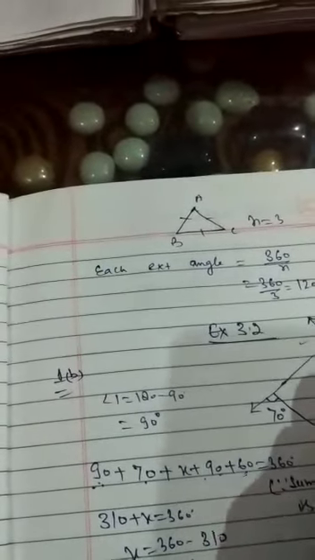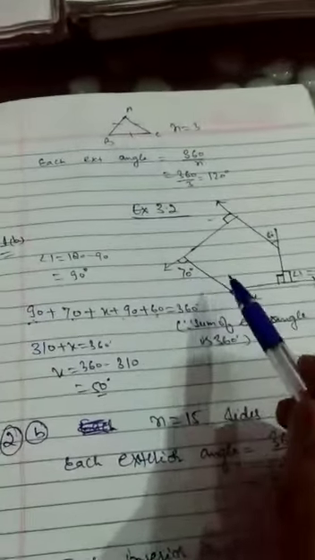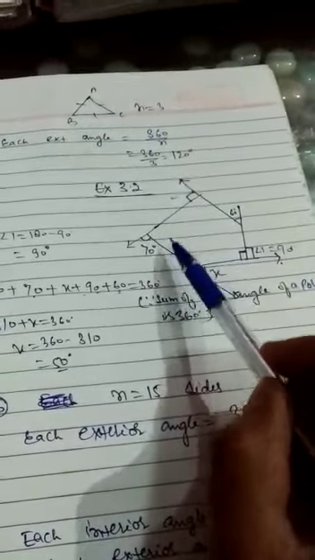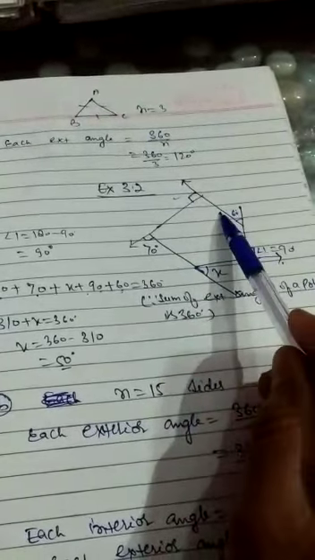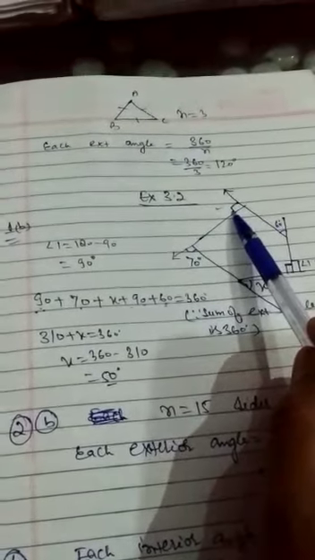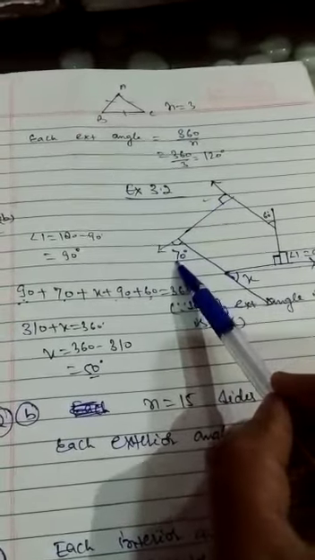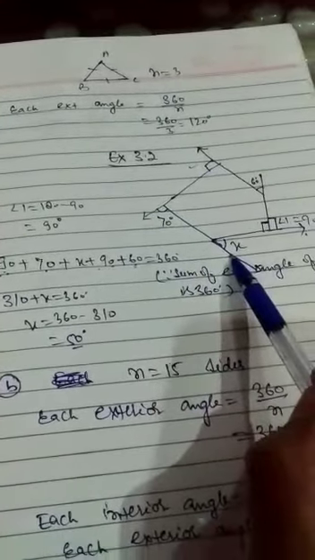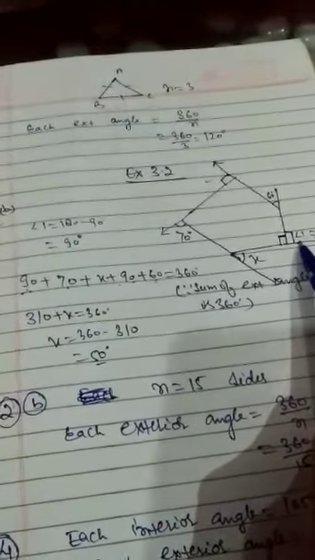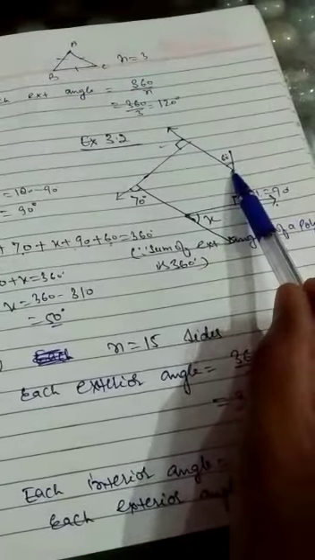Now I am starting exercise 3.2. Question number 1, part B. You can see the figure. This has 1, 2, 3, 4, 5 sides. Some angles are given with symbols you can recognize. This is the symbol of 90 degrees. This is 70 degrees. This is unknown. This was 90, and we have to calculate angle 1 on this basis. So it will be 180 minus 90 degrees, and this is 60.